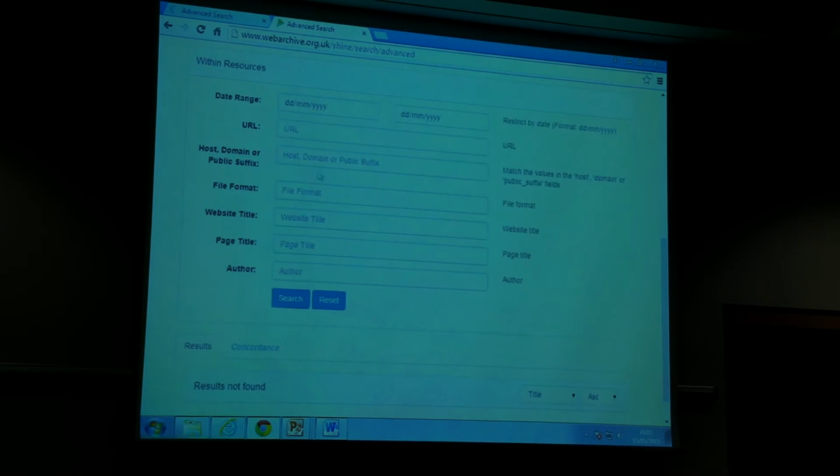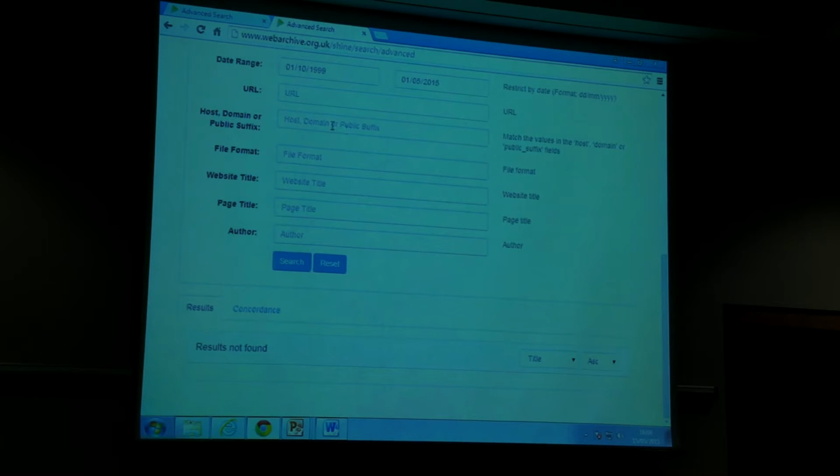None of the words. Where it gets interesting is the date range. Bearing in mind again that we're talking about material captured, that's harvested at a certain date, not the publication date. Worth stressing again, a mistake that many people often make. That's actually pretty useful. It's got a date picker, which is not always very helpful at the minute. But say I wanted to do between, there you are, and to date. So I can put in a date range.